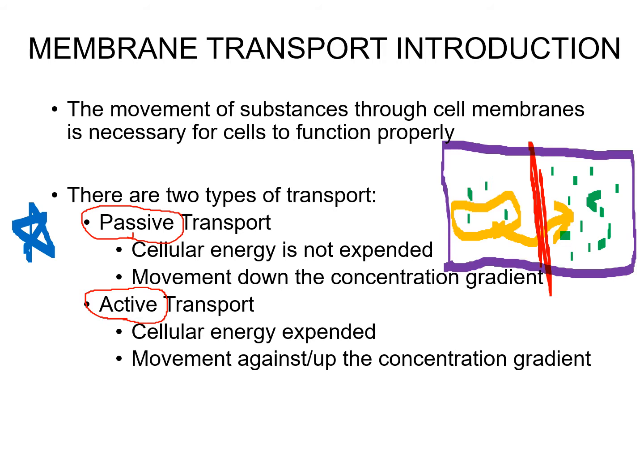Now, if that's kind of confusing you and boggling your mind a little bit, good. That should be weird. That shouldn't really make sense. So in order to do that, because we're going against the concentration gradient, or what we say up the concentration gradient, we have to have a little energy. We have to use a little oomph to get that over that barrier. And that energy